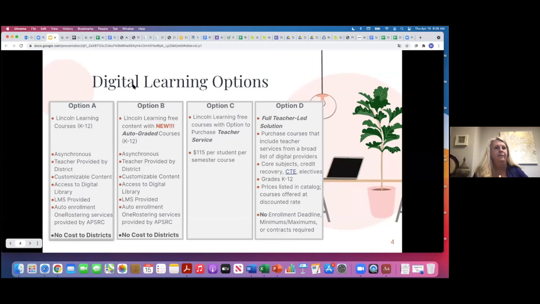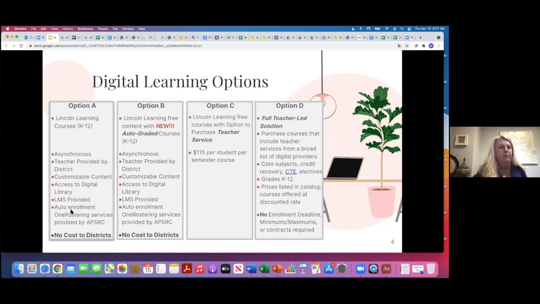You're welcome. So again, that was a little bit deeper dive into option D, which is a full teacher-led solution. And notice on each one of these, we've put this information out there. We're going to visit them and wrap up again at the end, so you'll get to see this one more time. But again, A and B are options that you're familiar with through the Arkansas Ready for Digital Learning grant. The teacher is provided by the district, so it's content only and learning management system.